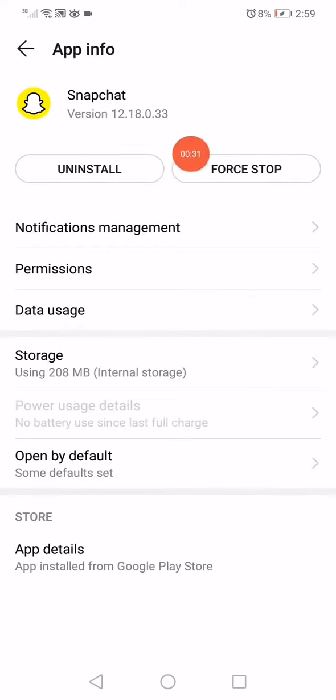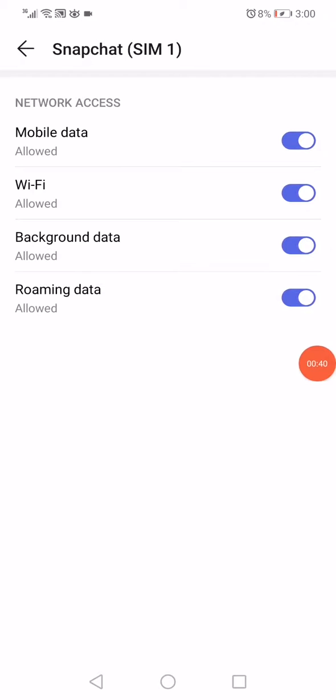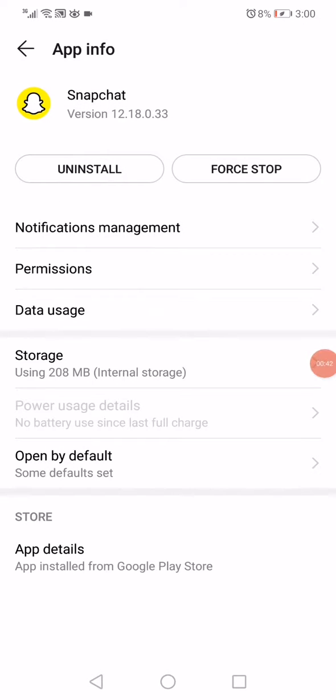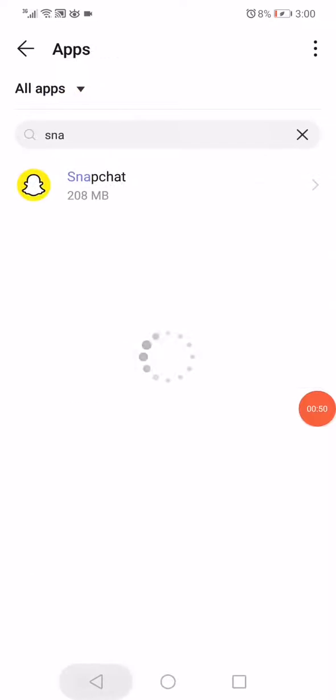And then click on force stop and go to the permissions, enable all the permissions, go back, click on the data usage, enable all these options, go back, click on storage or the internal storage, click on clear cache, go back to